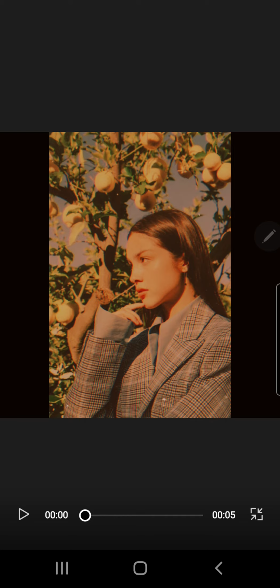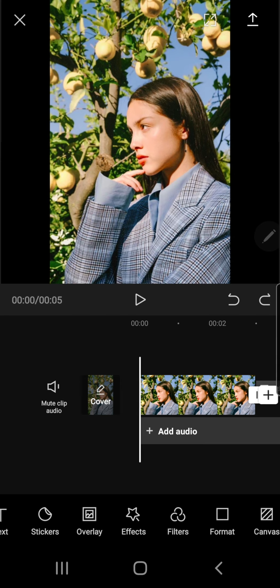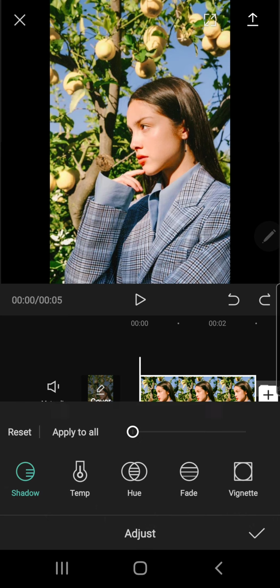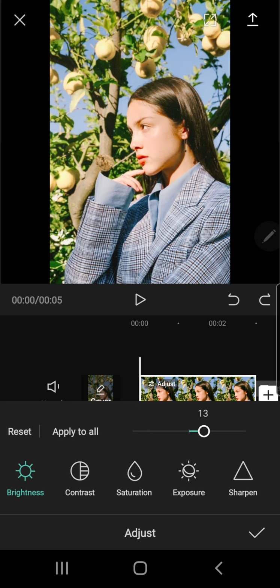And now I'm going to be showing you 2 more filters. Let's just delete this one. So this is a filter called Soft Aesthetics. So I'm just going to click on this and go to adjust, and let's go back. Brightness 22, contrast around 6,